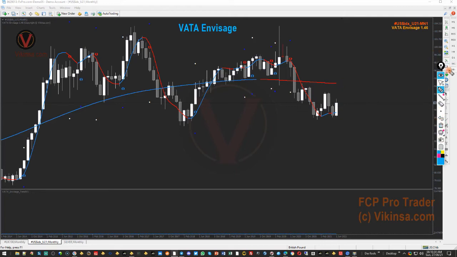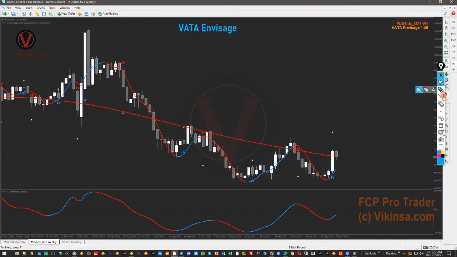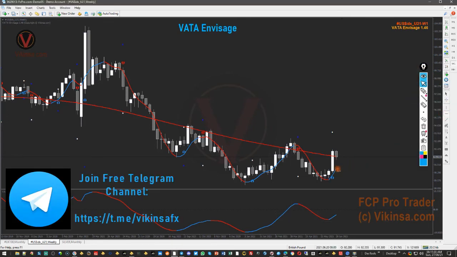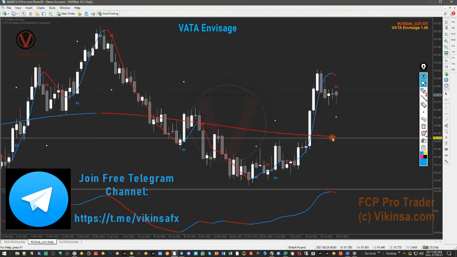Let's go to weekly time frame once again. On weekly time frame, we have a bullish signal here. This is blue, and the market is expected to go higher, but that's on weekly. That means it can take a few weeks to happen, and next week it is possible that it can fall down to near about this level. So let's remove that and put in a line. So it can fall down to this level, and then if I go to the daily time frame, that level matches with water curve automatically. So that means there is a chance that the market can fall further down.